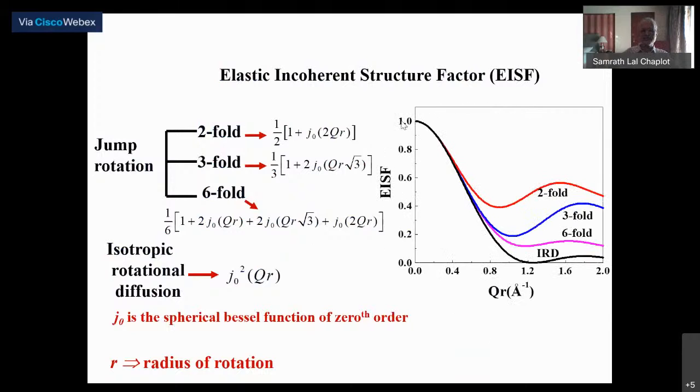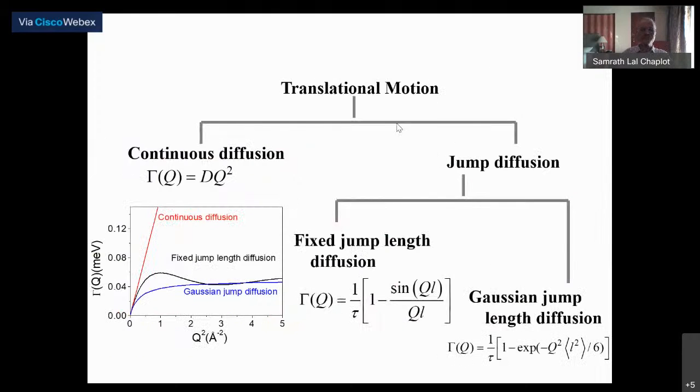The elastic incoherent structure factor as a function of the wave vector has somewhat different shapes, and therefore it is possible to identify the geometrical nature of the dynamics involved. Okay, R here is the radius of rotation, so obviously it's the product of the two that matters. If it's a translational diffusion, then we have simple models, like a continuous diffusion,